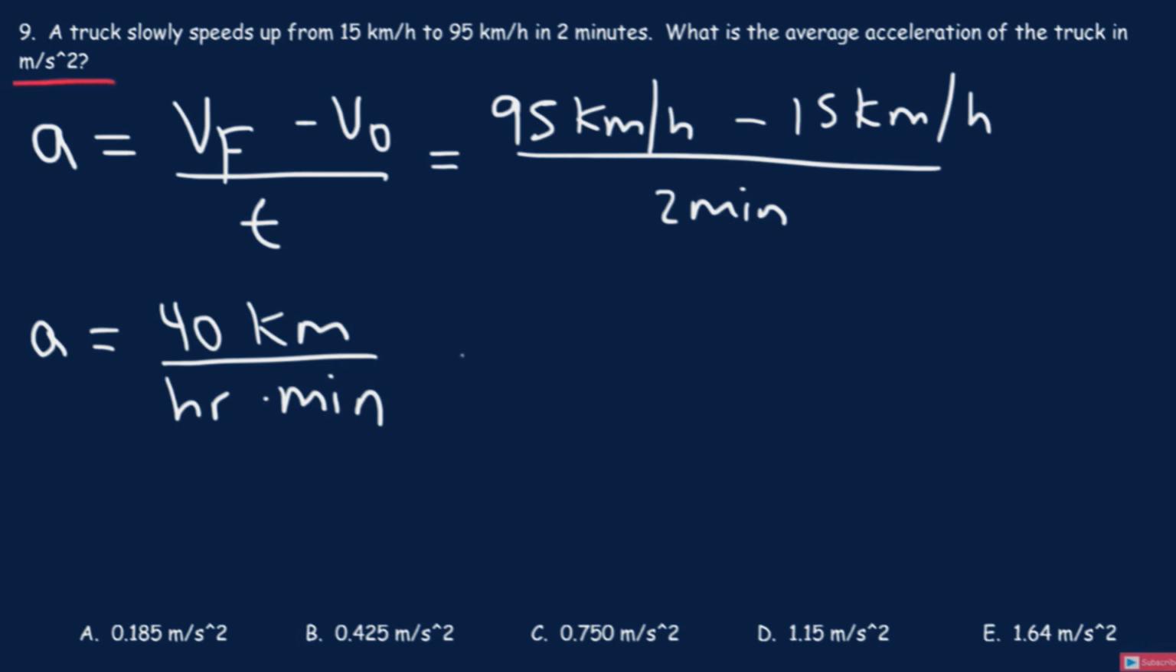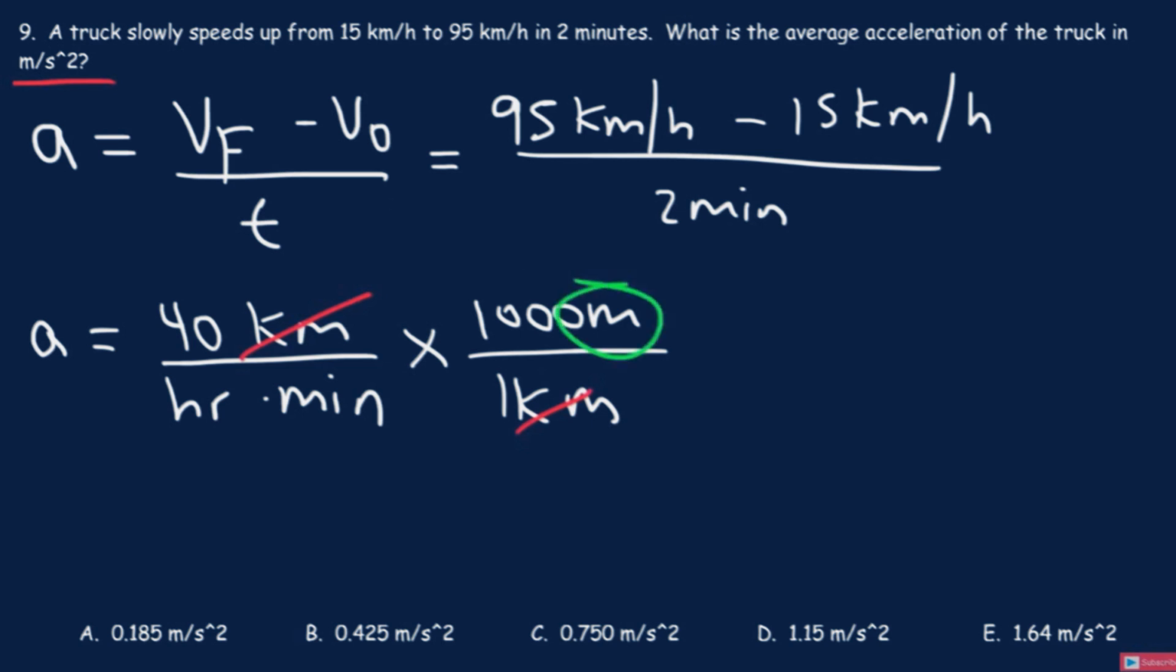There are 1,000 meters per 1 kilometer, so we can cancel the unit kilometers. So we have meters, which is good, but now we need to convert time into seconds squared. So let's start with the minutes. 1 minute is equal to 60 seconds. So this unit is gone. Now the last thing we need to do is convert hours into seconds. So 1 hour